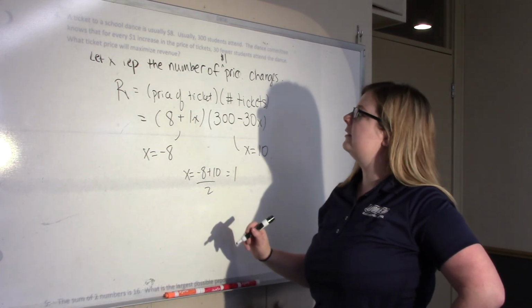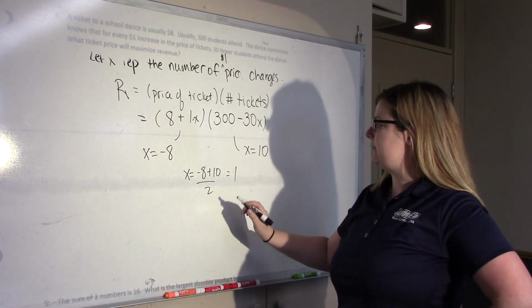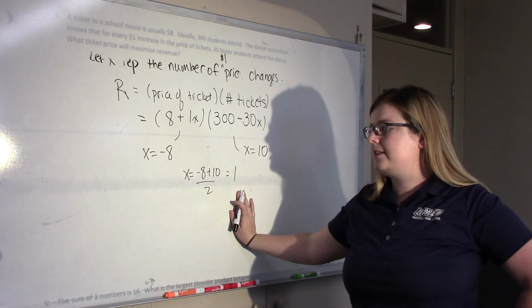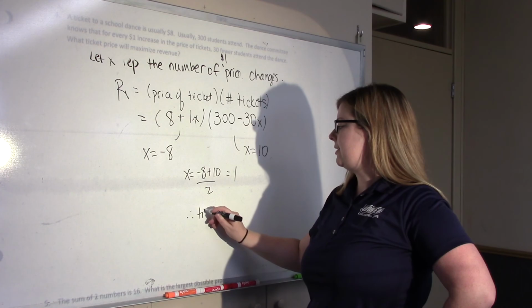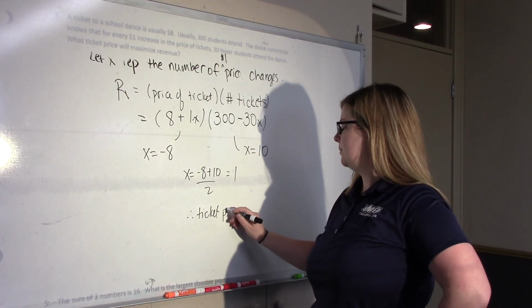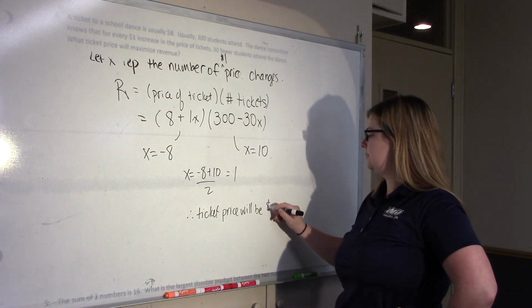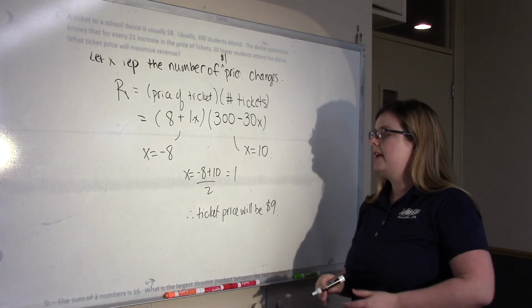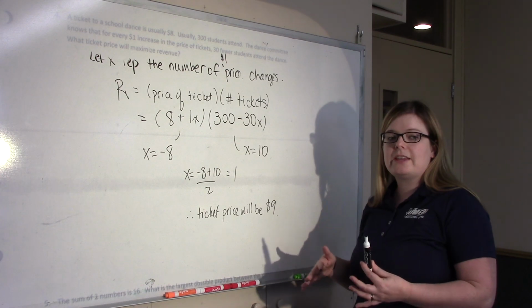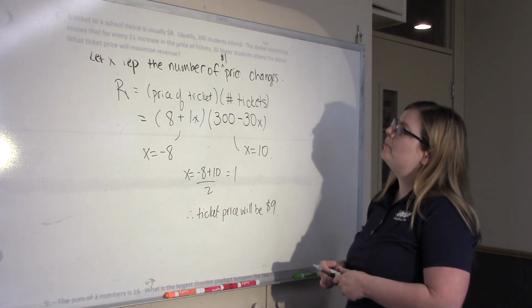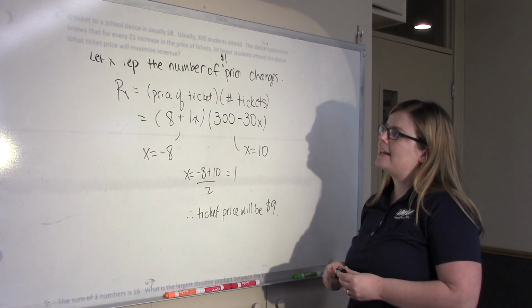It asks what ticket price will maximize revenue. Therefore, there should be one $1 increase. So therefore, the ticket price will be $9, because we increased it once. If you get a negative number in a question like this, that's okay. That just means you're decreasing the price. It just asks for what ticket price. If it asks for what the revenue